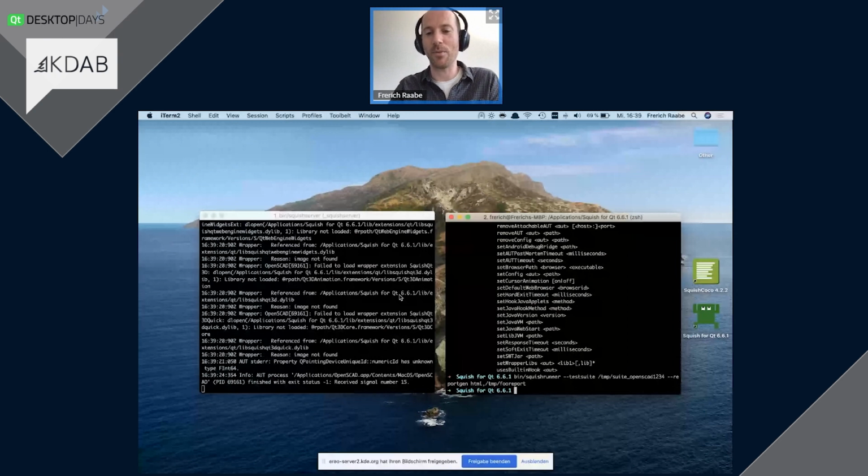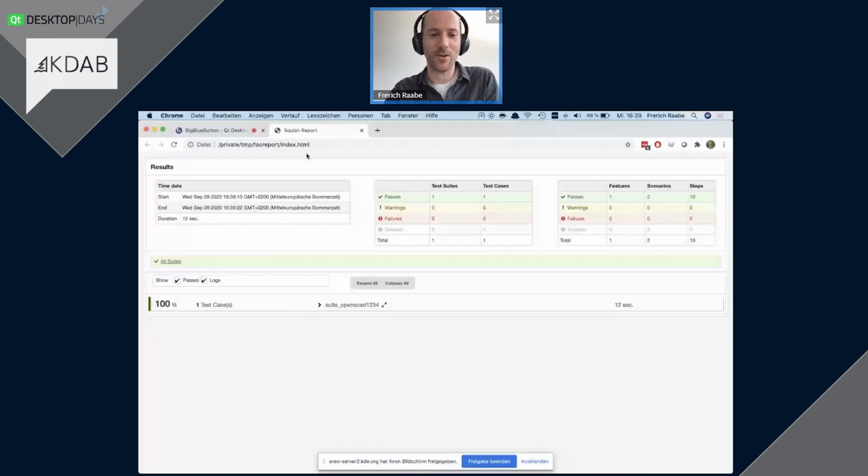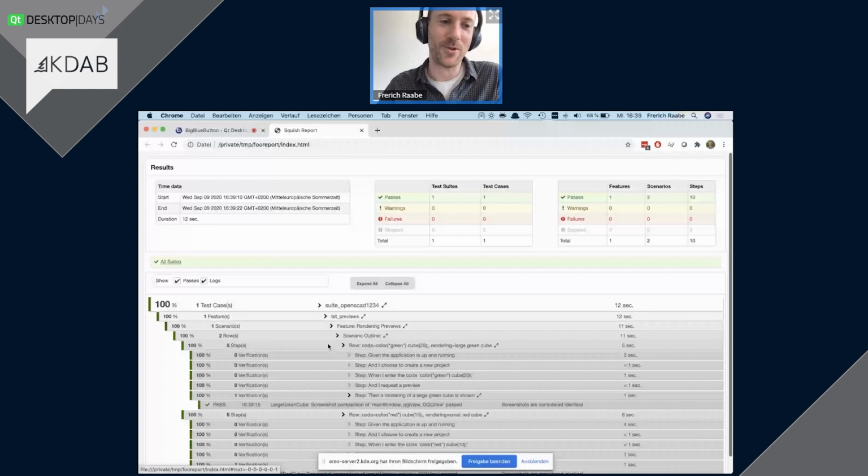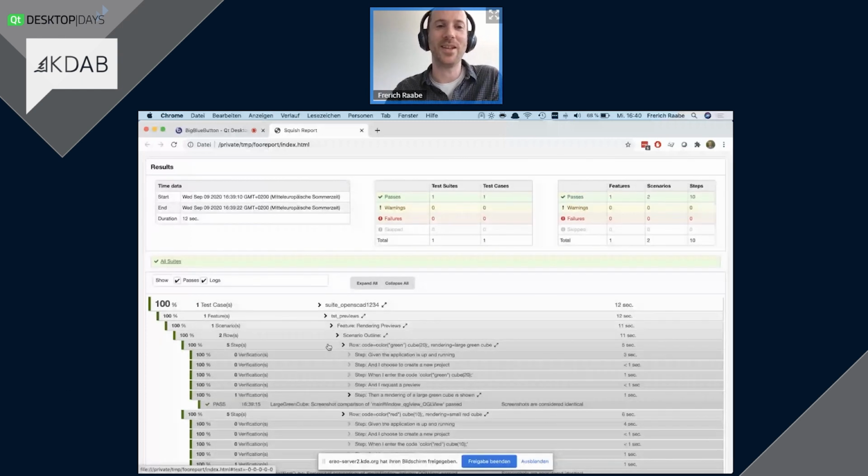Let's have a quick look at the report, what it looks like. The browser, and here you go. Everything green. Okay, all verification passed. Okay, so of course there's a lot more to talk about when doing GUI test automation, but I would like to keep this focused on the desktop and BDD. So I think it's a good moment to go back to our presentation now.